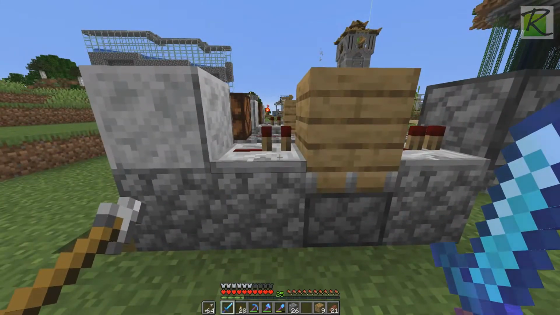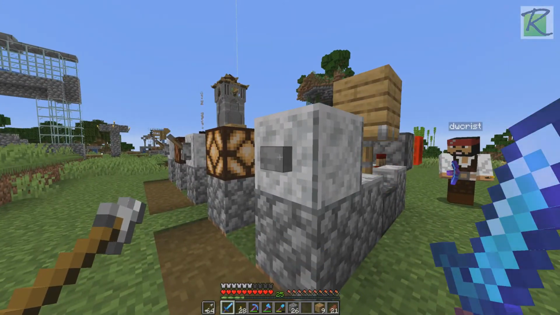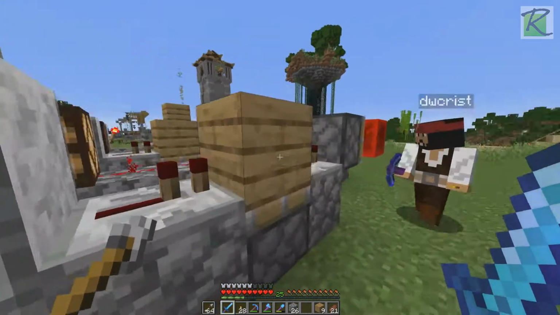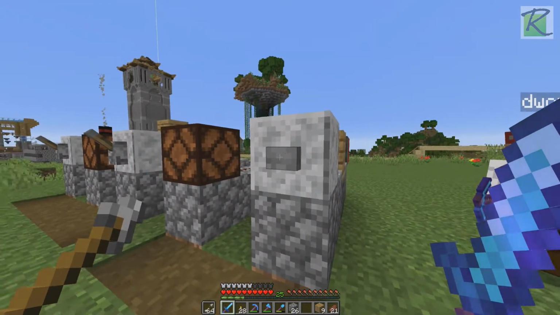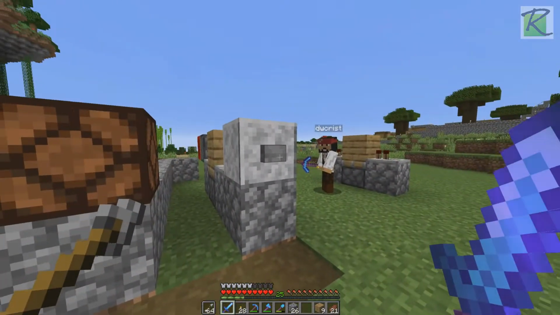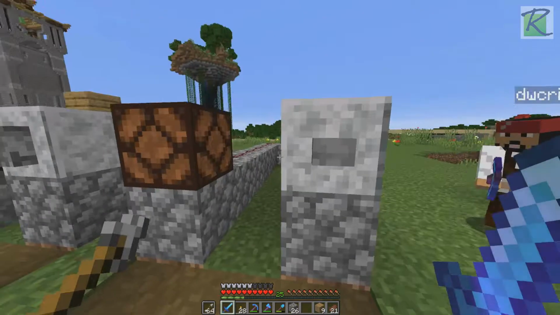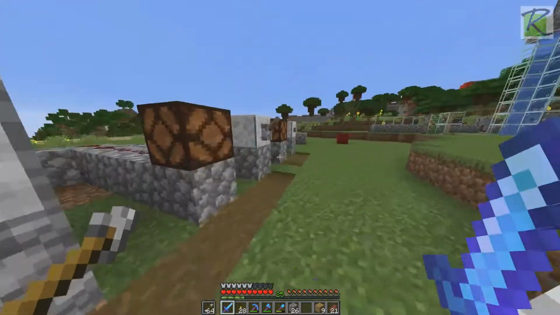So right now, when this button is pushed, it activates on the rising edge. You can see that this piston goes up on the rising edge. And when the button comes out, it falls back down. But the lamp is activated on the rising edge of this button. And if you just inverted this signal, like with a torch on the back here, it'll go on the falling